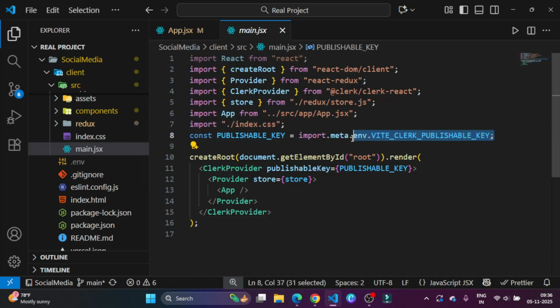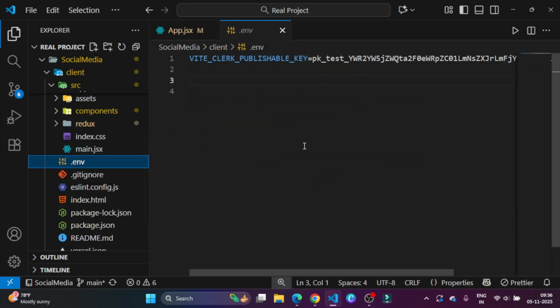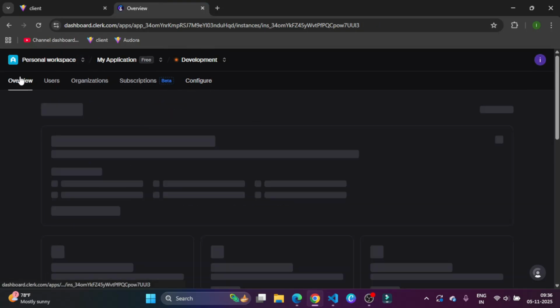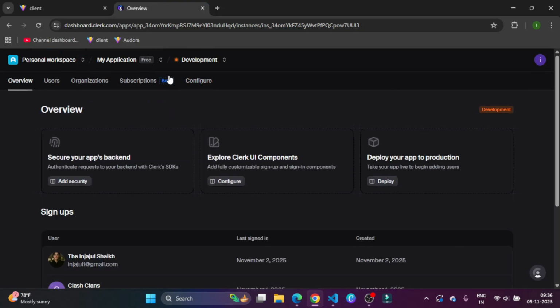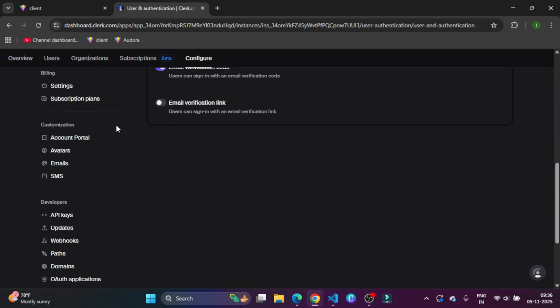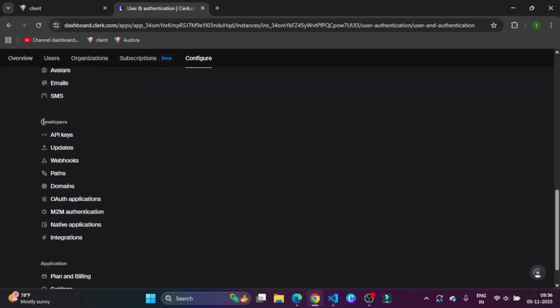And this is the publishable key from Clerk. If you look at my environment very well, I already have it. But in case you don't have any, you can go to Clerk. If you don't have an account, create one, right? So you can see this overview. This is your project name, okay? You have to click on it, and then you can see configure, and click again. Then just scroll down, this is the developer section. You can click on API keys,